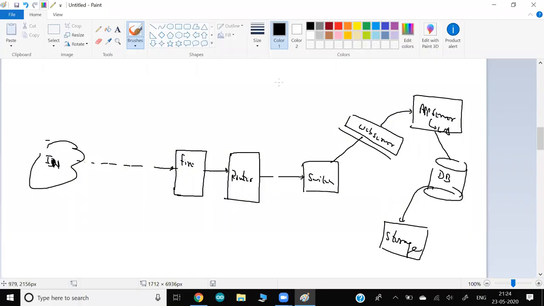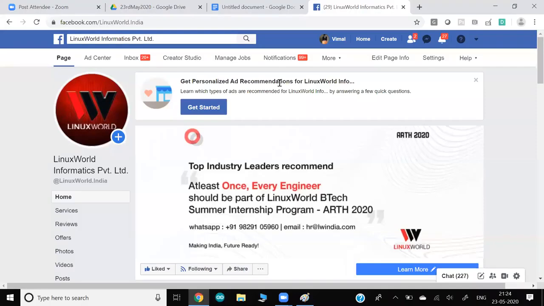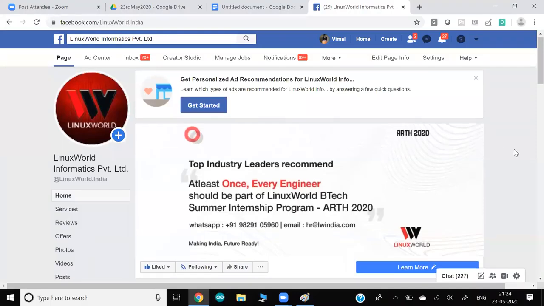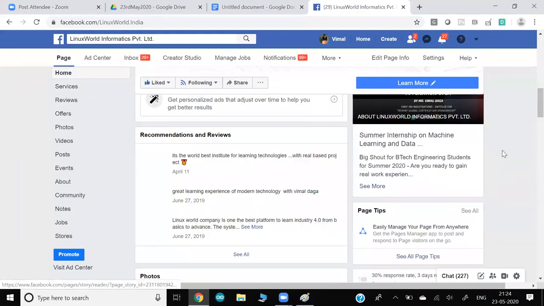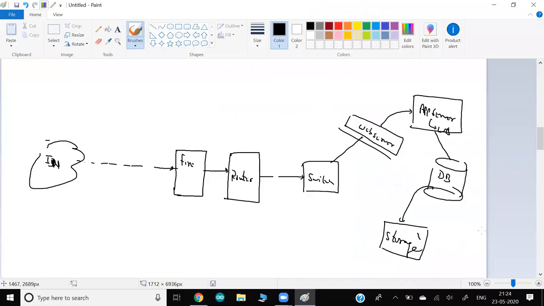And you know what, guys, when you hit Facebook, you can see one single site. But this data, what you are seeing right now here, this data is coming from the storage. For us, we can see one single view. But when you make a request, your request goes this way: firewall, then router, then switches, then web server, cache server, app server, database. They load it and they give it to you.